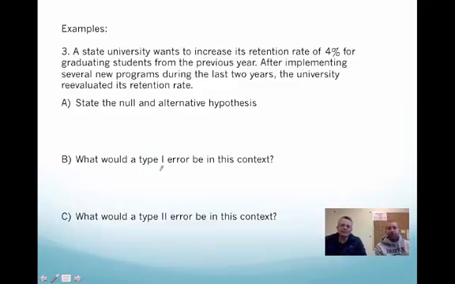So here we have a university that wants to increase its retention rate of 4% for graduating students from the previous year. After implementing several new programs during the last 2 years, it wants to reevaluate. So we wanted to increase it. Our null is 4%. Our alternative is greater than 0.04. So type 1 is, it is 4%,